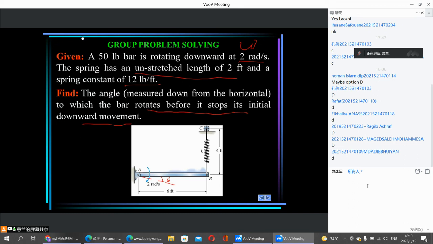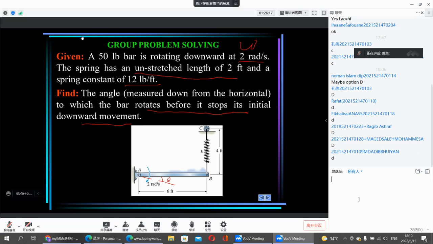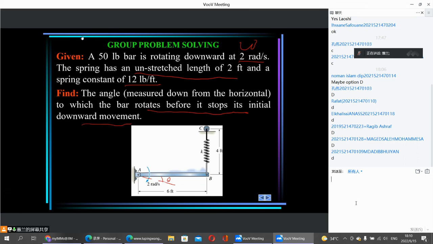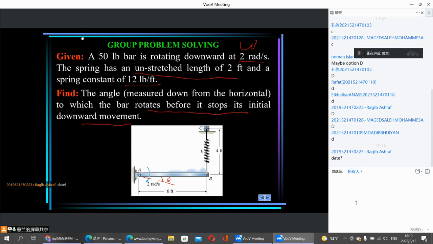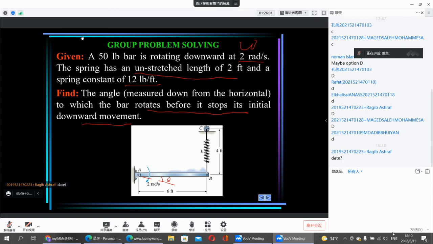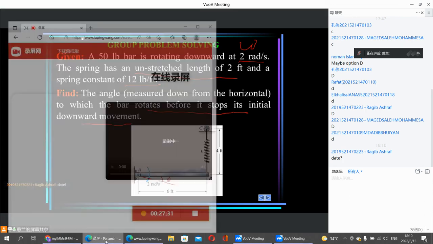And our final exam will be held next Saturday afternoon, 4 p.m. to 6 p.m. It will include only the kinetics. So that will be chapters 13 to 15 and chapters 17 to 18. About chapter 19, the linear momentum, angular momentum, and I know it's